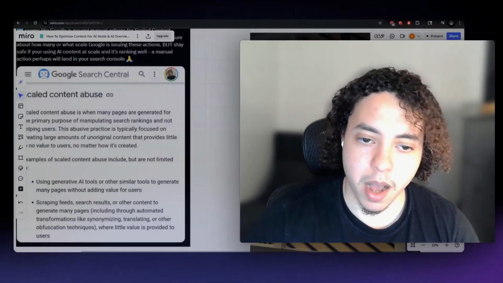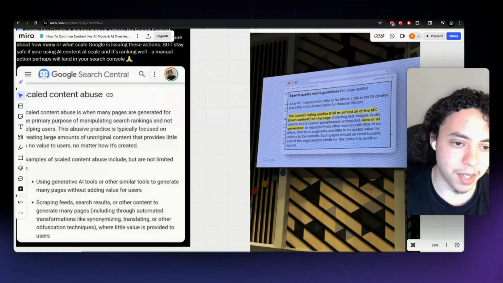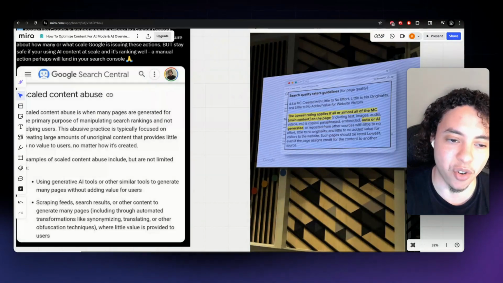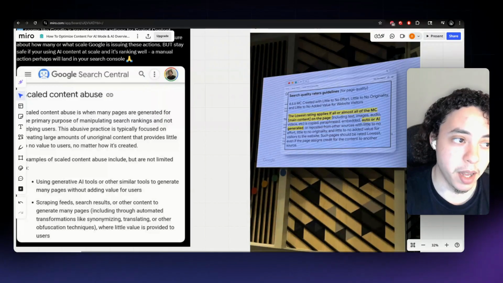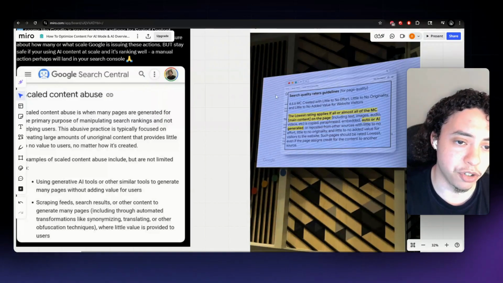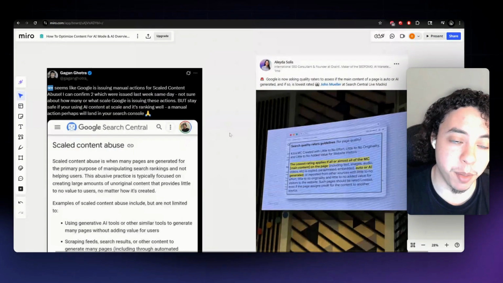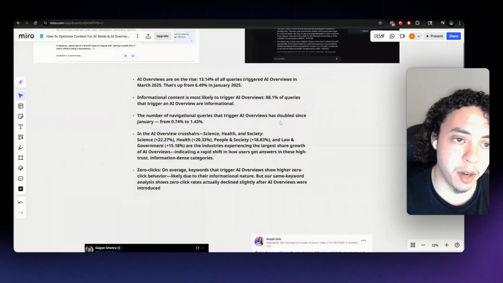And so it seems like they're going to add a metric where search quality can be rated. This way they're going to be looking at things such as auto or AI generated text, or content that has no value for the visitors visiting the website. So I think these two will play hand in hand when it comes to scaled content abuse and the search quality raters. That way they have more high quality content to scrape from and provide for